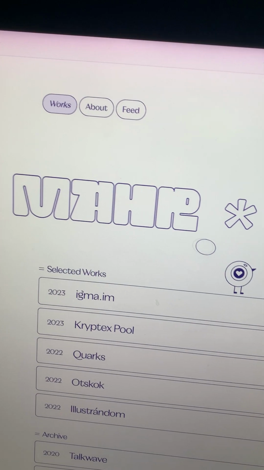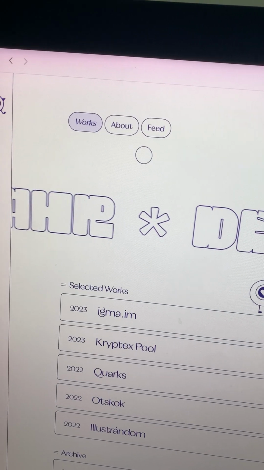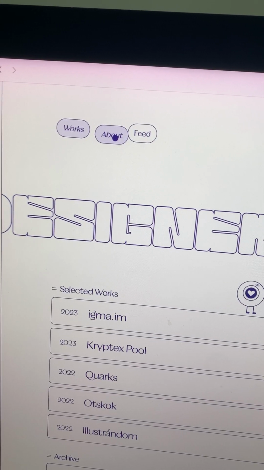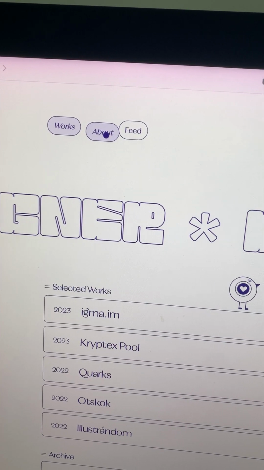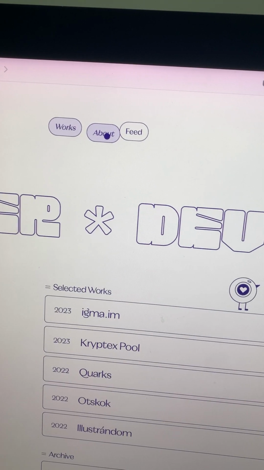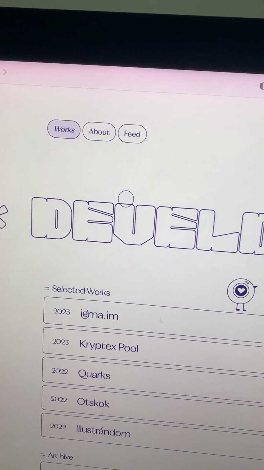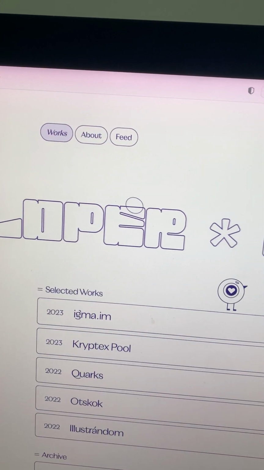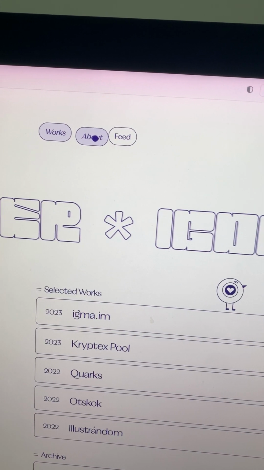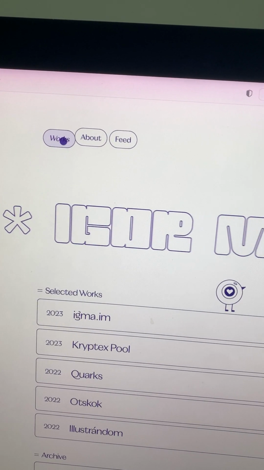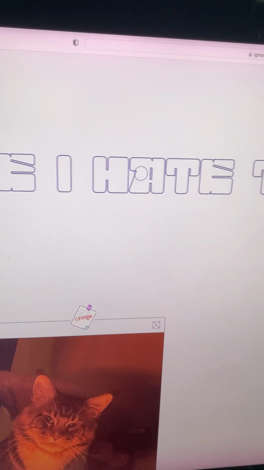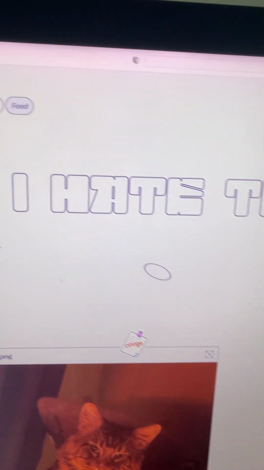I think this website starts by being very simple, but then it becomes a little bit complicated when you're trying to figure out exactly where you are on the website. But basically the website has a section for work, about, and feeds or feed. This website is pretty interesting,